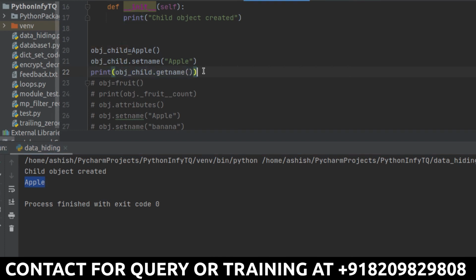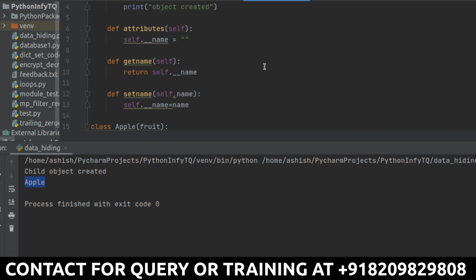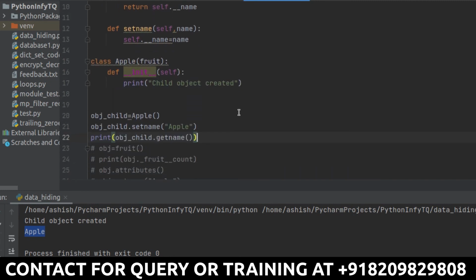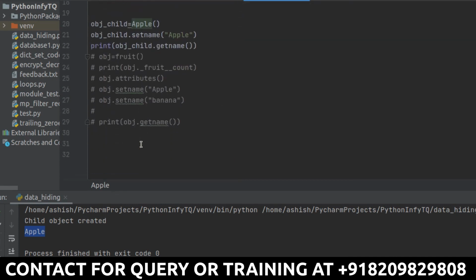Can you see, with inheritance, what exactly we have done? We have just connected, or let's say transferred, the properties of the parent class to the child class. So this is how we can do the inheritance. And currently the inheritance which we have done is single level inheritance. It's like one class is inherited from a second class. Other than this, we have other types as well, like multi-level inheritance, multiple inheritance, and so on. So this is how we can do inheritance with different classes.